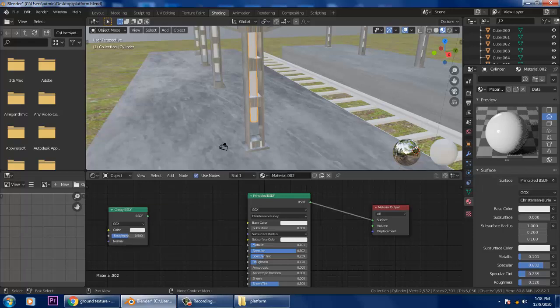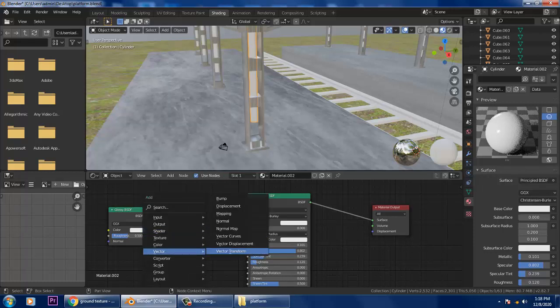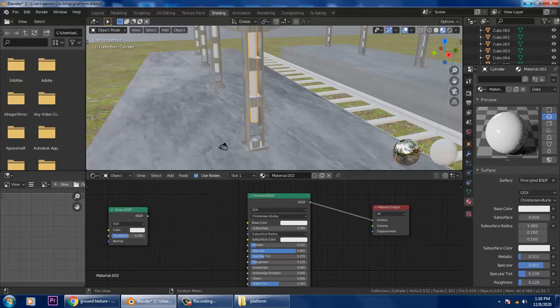I can add it with Shift A, and you can directly add any texture over here. You can easily add it, or you can just give a slightish color to it. If you want, you can just give a color.